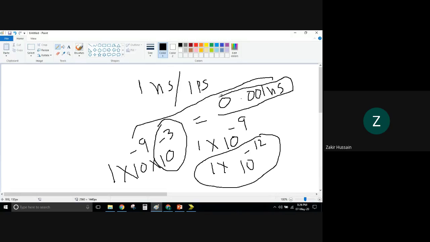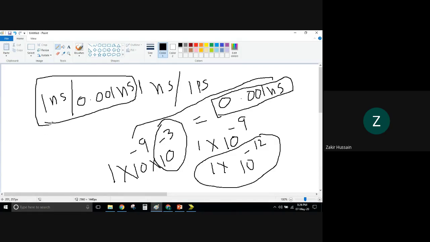So now I put here 1 nanosecond slash 0.001 nanosecond. From this, what I want to tell is that this is actually the time unit, and this is the time precision.